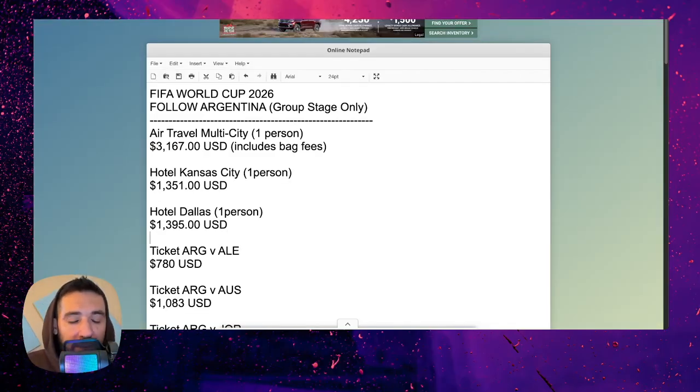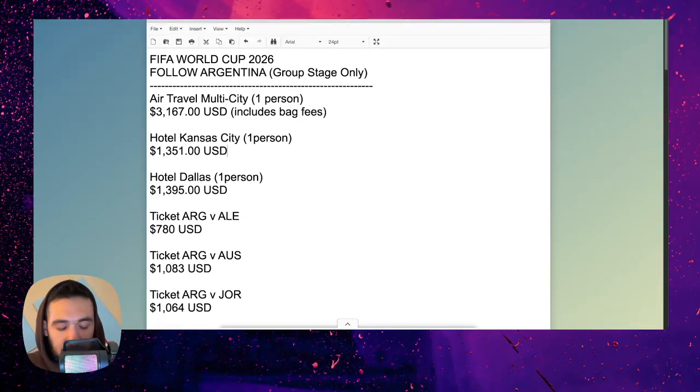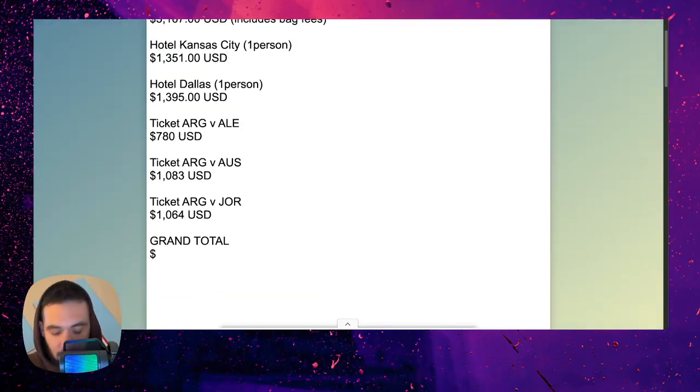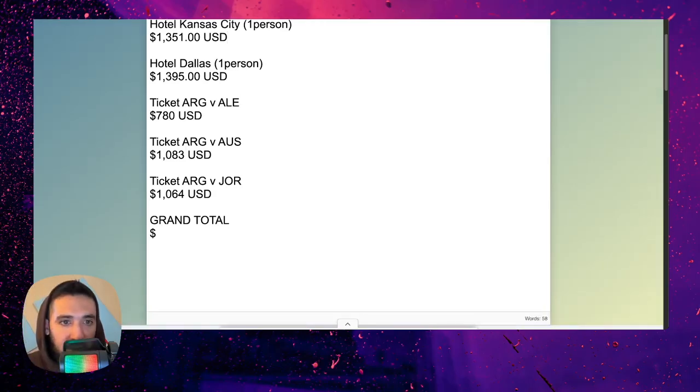All right, so now let's add up the entire breakdown. Let's start off with the airfare, $3,167, plus hotels in Kansas City, $1,351, plus the hotels in Dallas, $1,395, plus the ticket for Argentina versus Algeria, $780, plus the ticket for Argentina versus Austria, $1,083, plus the last ticket, Argentina versus Jordan, $1,064.